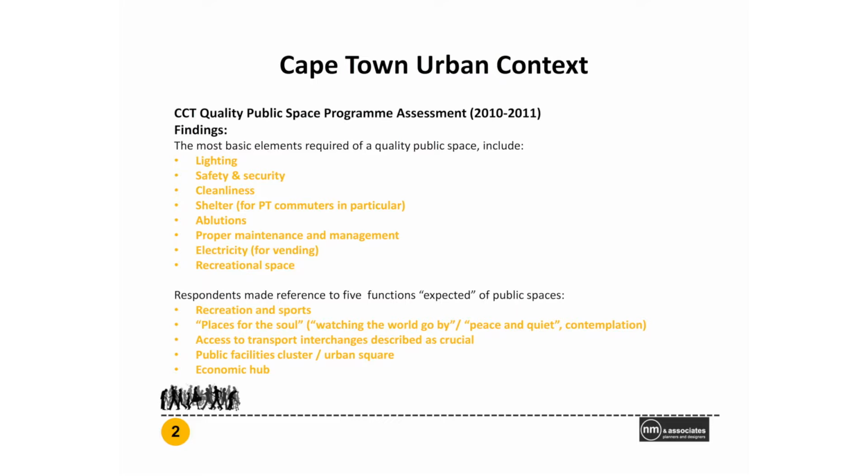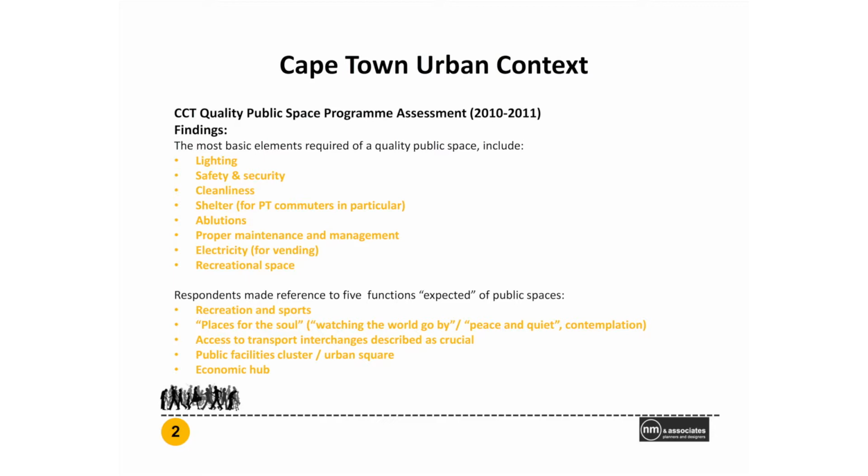Electricity, recreational spaces, and so on. And then the respondents also made reference to 5 functions expected of a public space. So this is the majority city that we're talking about, not the elite city. And they spoke about recreation and sports, places for the soul, such as somewhere to sit and contemplate, access to